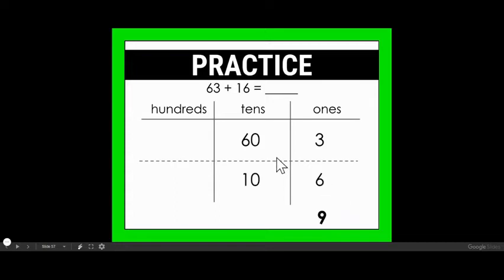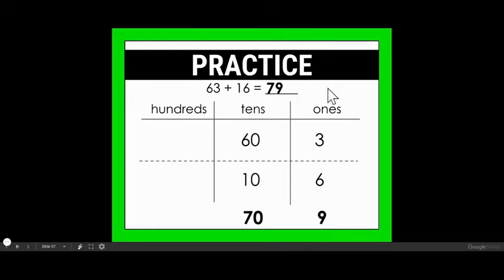Now let's look at my tens. I have 60 plus 10. I can also think of this as 6 tens plus 1 ten. So in my mind, I know that 6 plus 1 is 7, but it's not just 7, it's 7 tens. And I know 7 tens is worth 70. So now I have my tens and my ones. See how it looks like expanded form? So if I combine these together, I know that my answer is